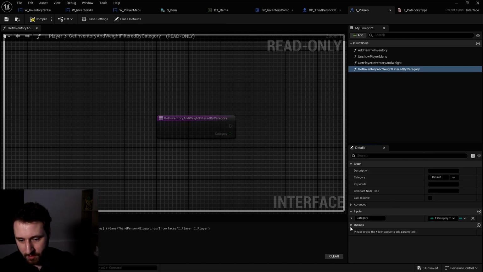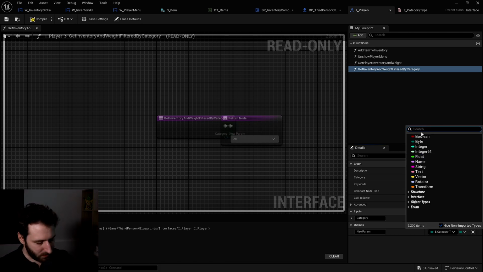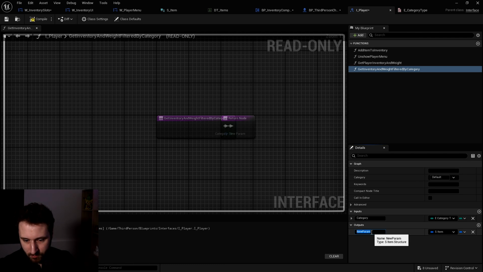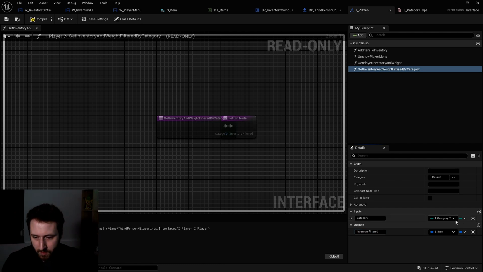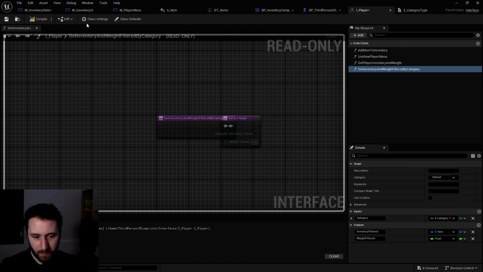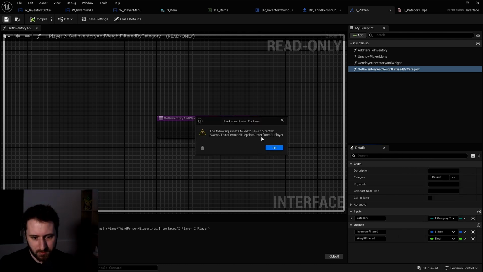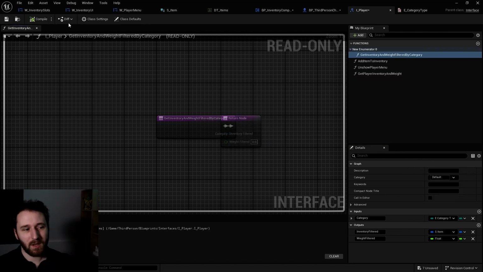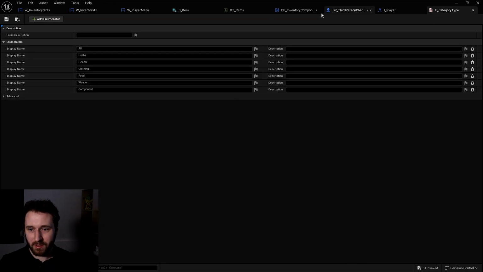Our output will be the inventory filtered, so it will be of type s_item. It will be the inventory filtered. And there will be the weight. In here, we'll have the weight filtered. Perfect. Okay, let's continue. Okay, so our interface was not very happy because I think that it was not compiling.